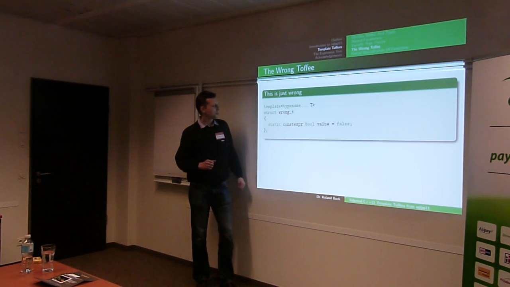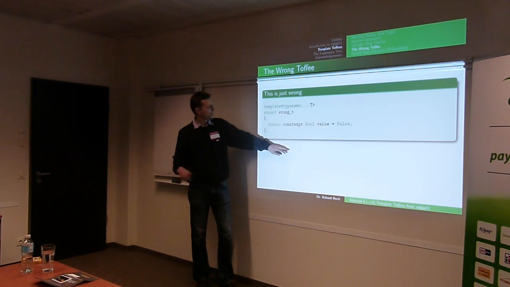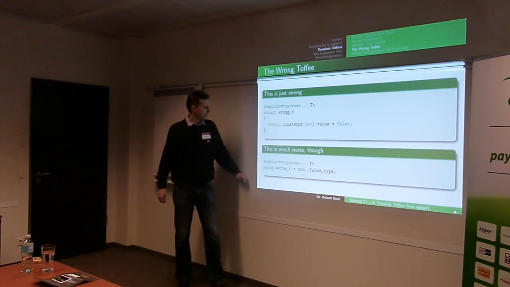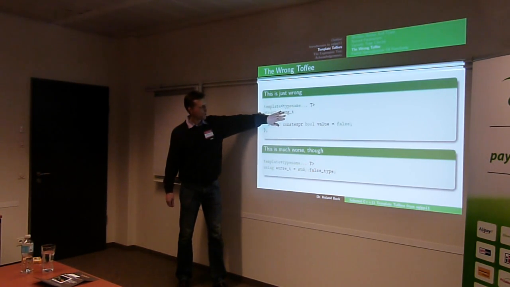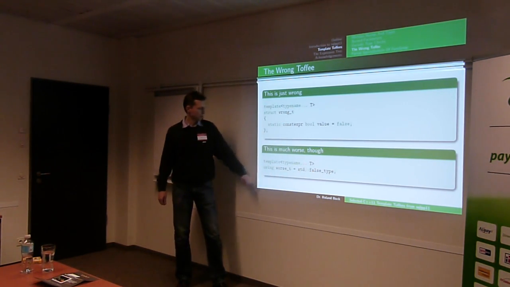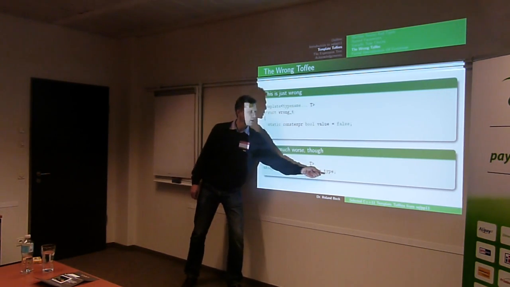It's a template, okay? To give you a hint, what's the difference between this here and that? I mean, if you don't know false type, the standard false type, this basically